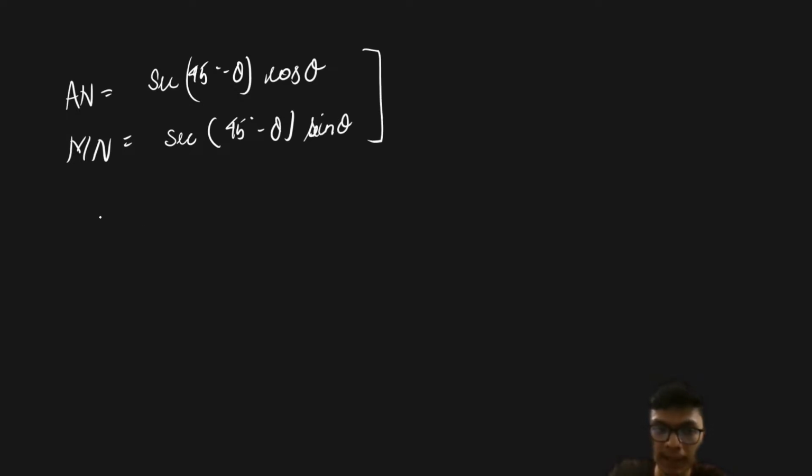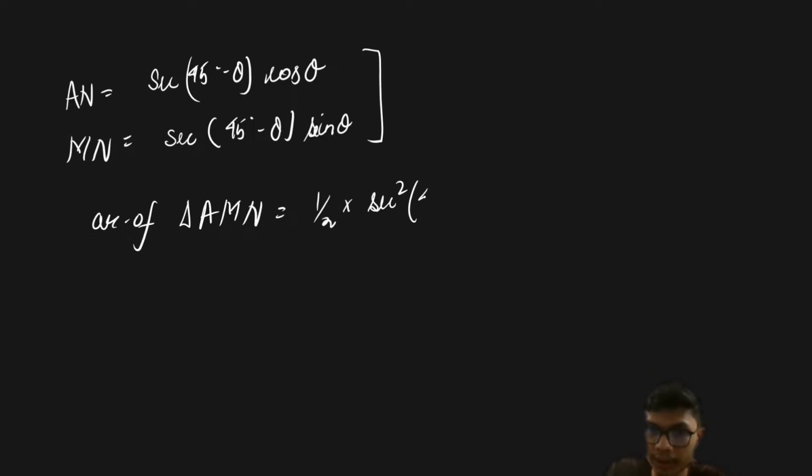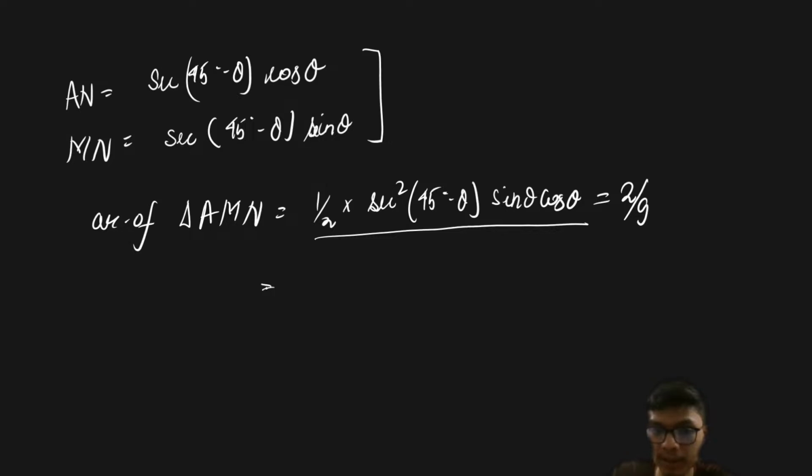From these two, I can find the area of triangle AMN, which is equal to half times secant square of 45 minus theta into sine theta cos theta, right? And this particular area is going to be 2 upon 9, which we have already found out. So from this solution, you will see that this is becoming like